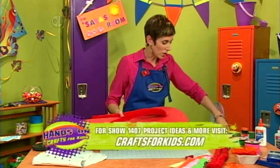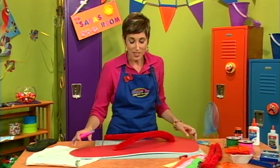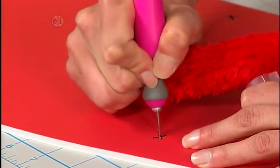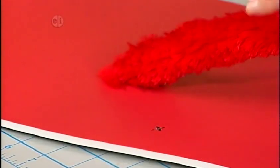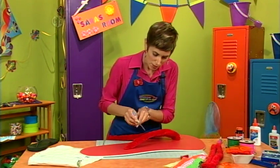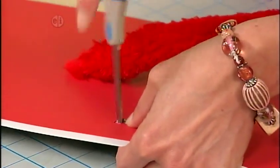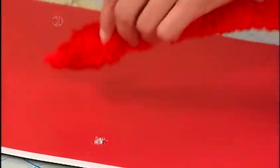So the next thing you may want to do is actually poke a hole in your foam board. And again, you're going to need an adult to help you with this, but you just want to make a small incision in the shape of an X. And that kind of is the start of your hole. And then you can use your scissors. I'm just going to use both ends here to sort of wiggle that through to the other side. There we go. It doesn't matter if it's a little bit messy around the edge